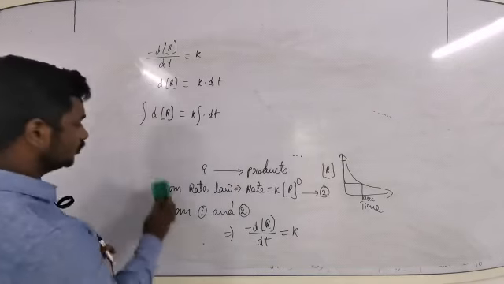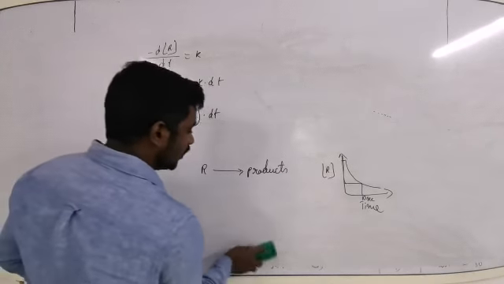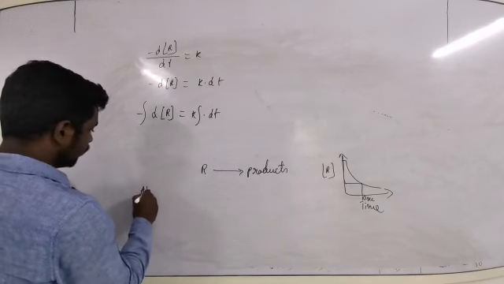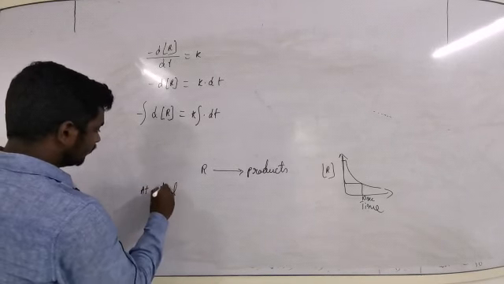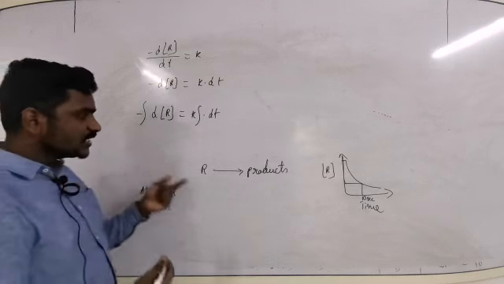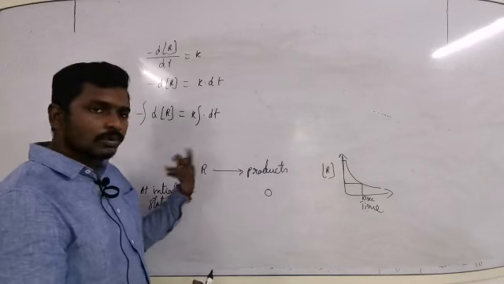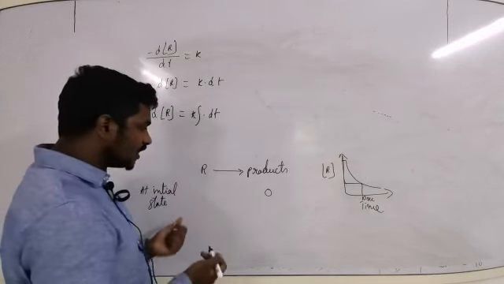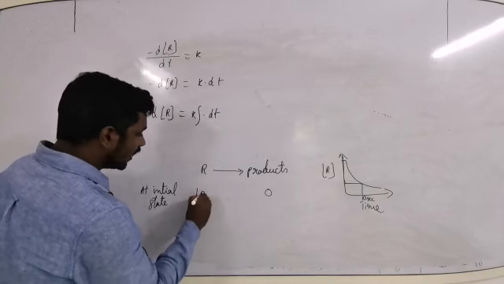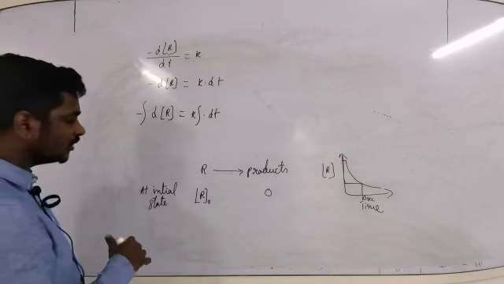Now, consider the reaction at two different states. This is the reaction that I have taken, where R is any reactant. Consider the reaction at the initial state. What is the initial state? Initial state means the reaction has not yet started. If the reaction has not yet started, there is no product formed. If the reaction is in progress, then only you will get products. If the reaction is not yet initiated, then the concentration of products is 0 and the concentration of reactants will be maximum, that is R0. R0 is the initial concentration of reactant, that is maximum.